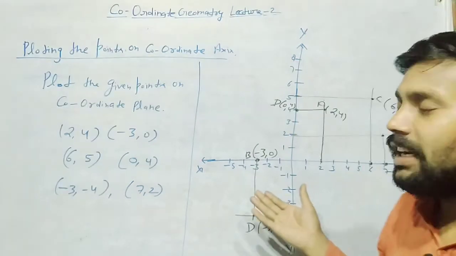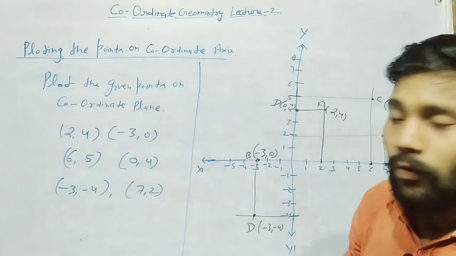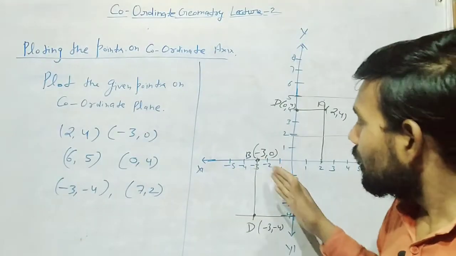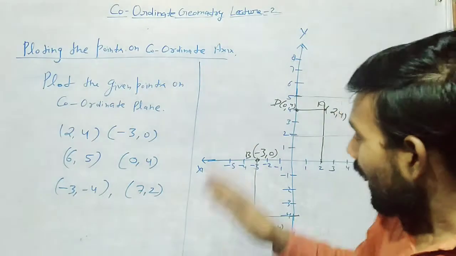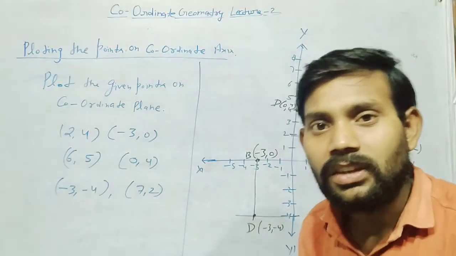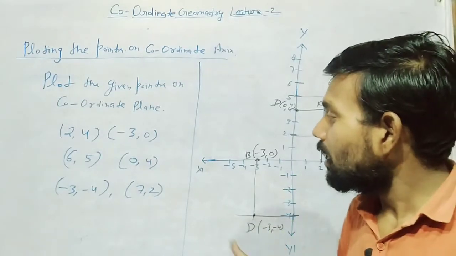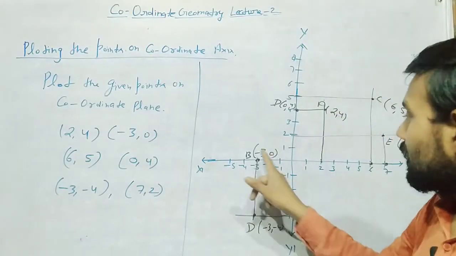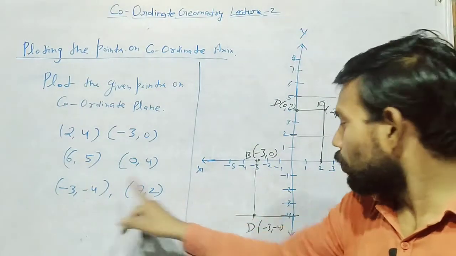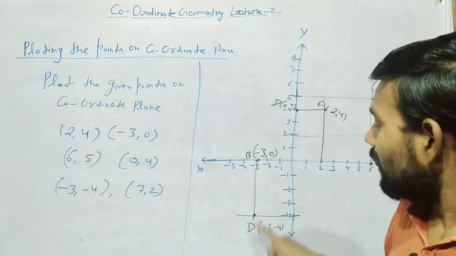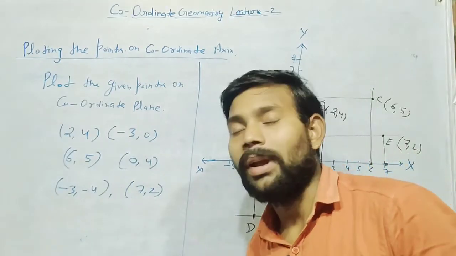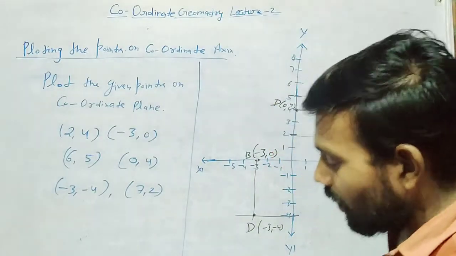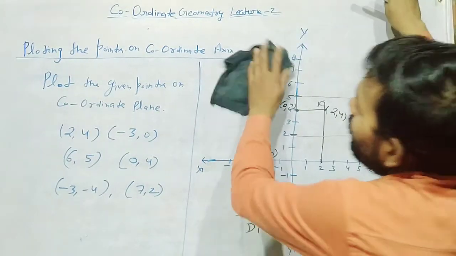I hope you will understand these very simple concepts. First we have to know in which quadrant the points lie. Second, tick the points on the axis and draw the lines; where the two lines meet, the point is formed. For example, minus 3, minus 4: at x-axis minus 3 is a straight line, and at y equals minus 4 it is also a straight line. Where the two lines meet, the point is located at minus 3, minus 4. Next we have to do some important questions related to these topics.